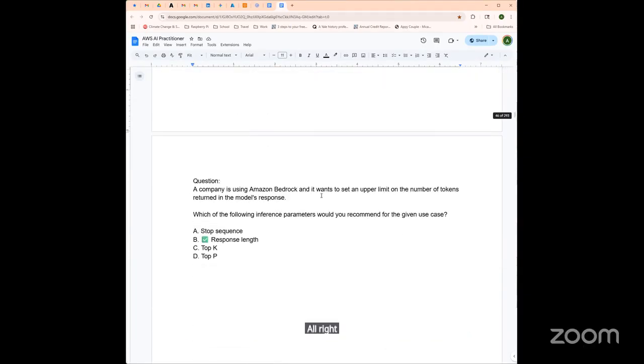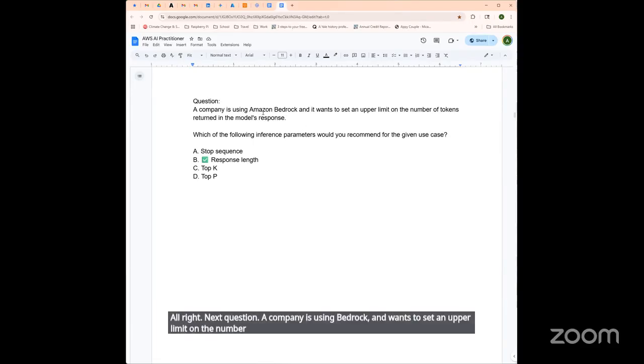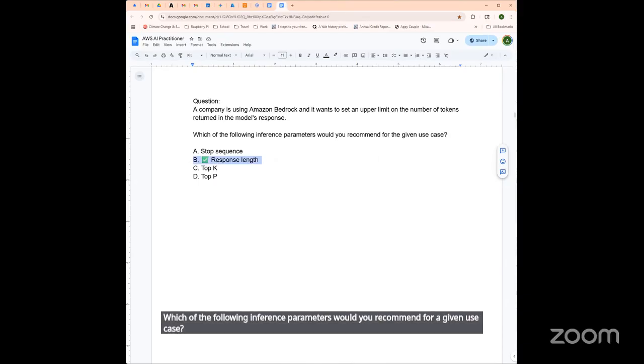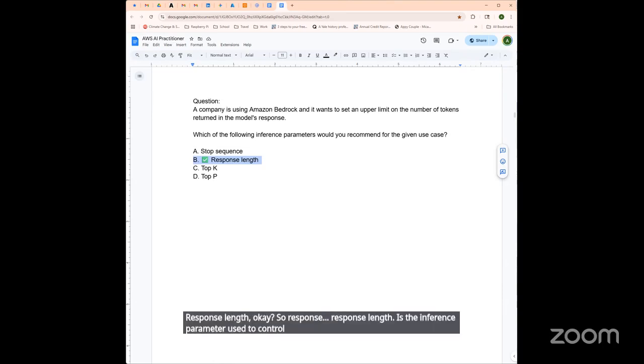All right. Next question. A company is using Bedrock and wants to set an upper limit on the number of tokens returned in the model's response. Which of the following inference parameters would you recommend for a given use case? Response length. Okay, so response length is the inference parameter used to control the number of tokens generated in a